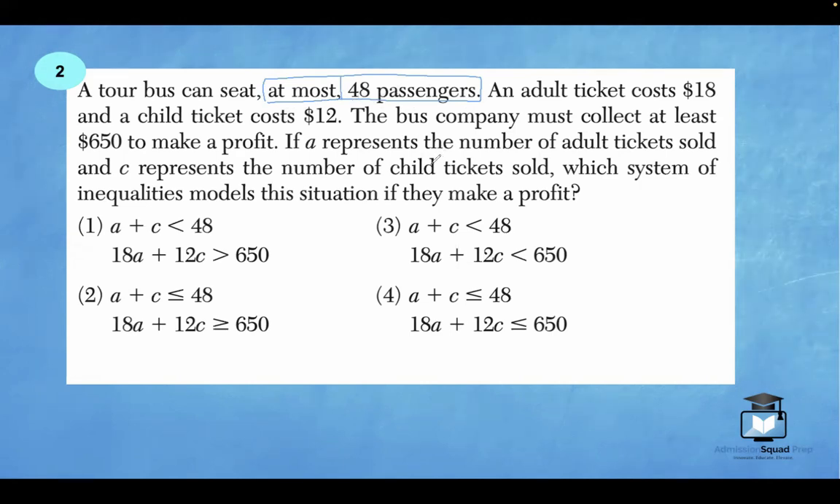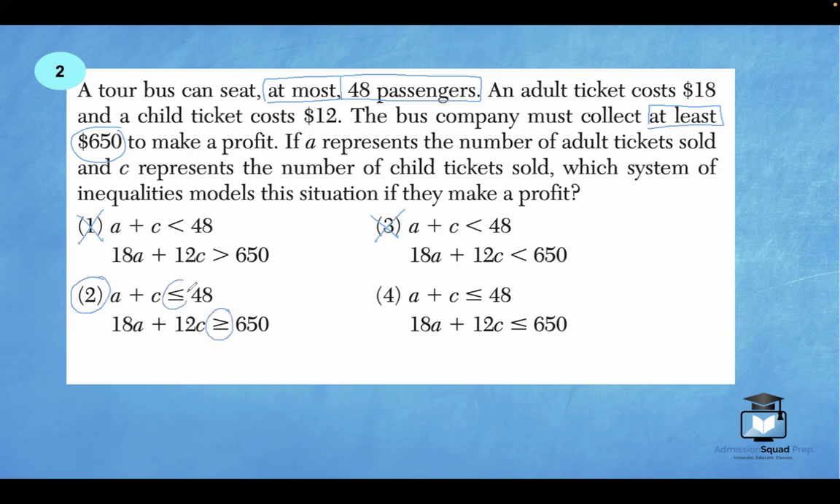So we can have 48 passengers, 47, 46, 45, 44, but the whole point here is we're going to include 48. So we're looking for an answer choice that has less than or equal to 48. Notice answer choice 1 and 3 simply has less than, but answer choice 2 and 4 has less than or equal to. So we can eliminate choice 1 and choice 3. We can also confirm that it says that the bus company needs to collect at least $650. So that is going to be greater than or equal to $650. So we can tell that answer choice 2 is the correct answer just by looking at the inequality symbols,